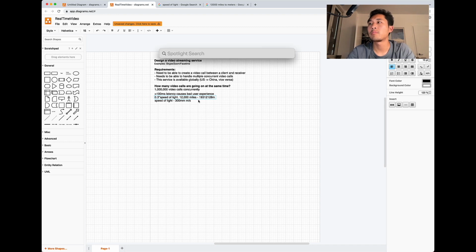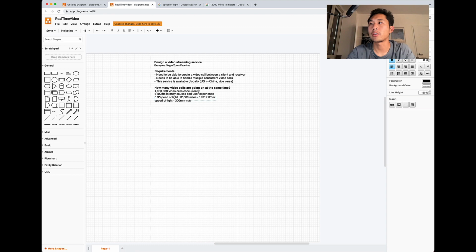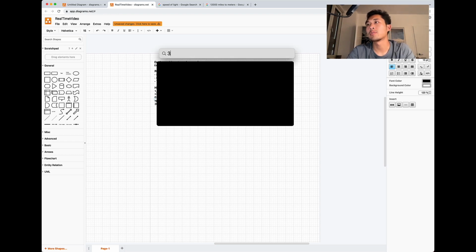So now we have these two numbers. We can sort of find how long it will take to get our packet of data across the world. So let's do this calculation.